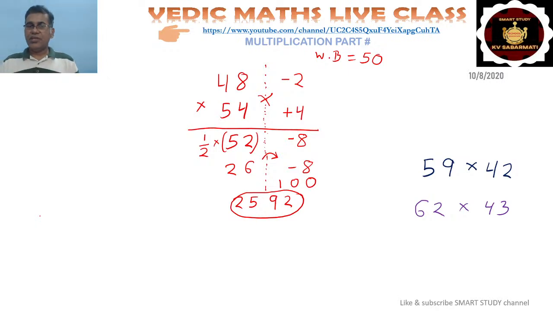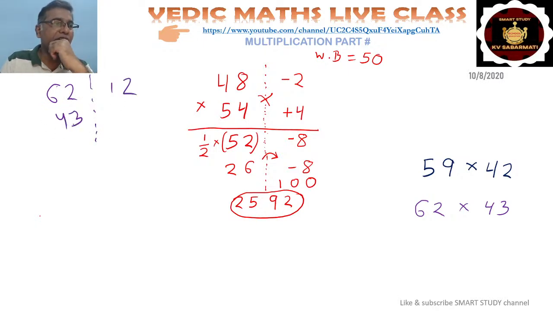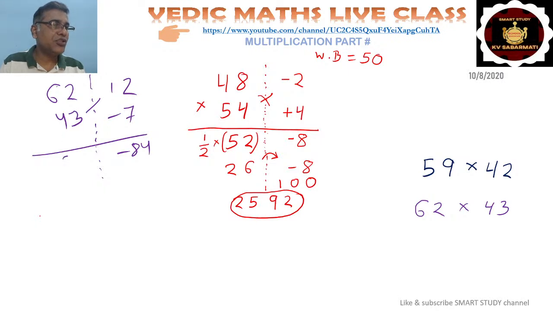Okay, very good. Many of you have answered it nicely. Okay, so should I do it? Okay, let us check. All of you have given answer. 62. So see how much fast I am doing. So this is 12, then 43, that is minus 7. So 12 into 7, 12 7 is 84. So I will write minus 84. Then here any side you can check. 43 plus 12, this is easy for me. So this will be 55. Then since base is half of 100, I will take half into 55. Half into 55 means 27 and half to 60.